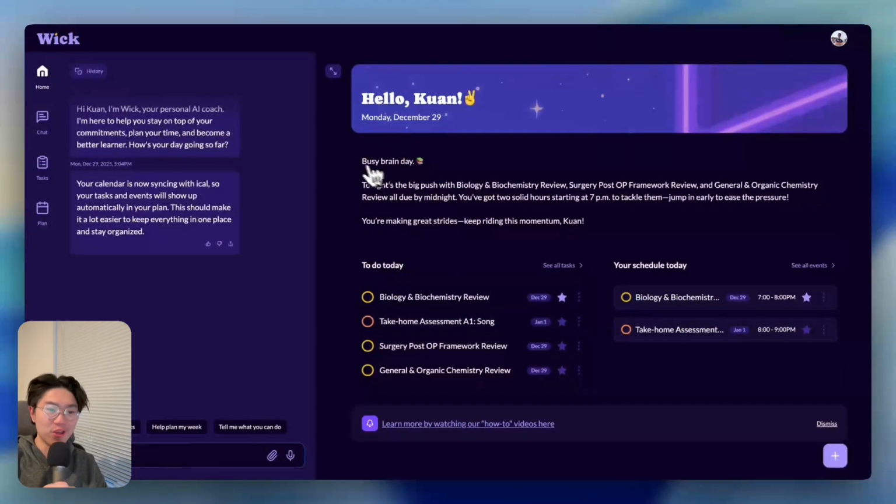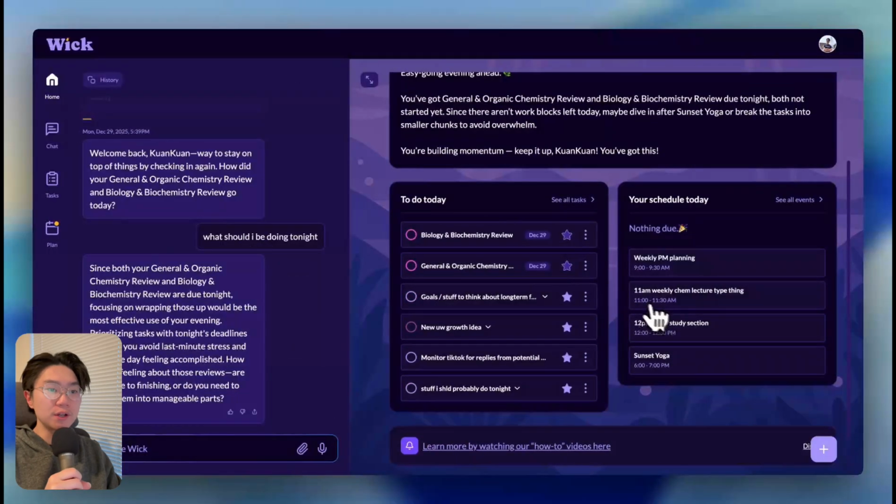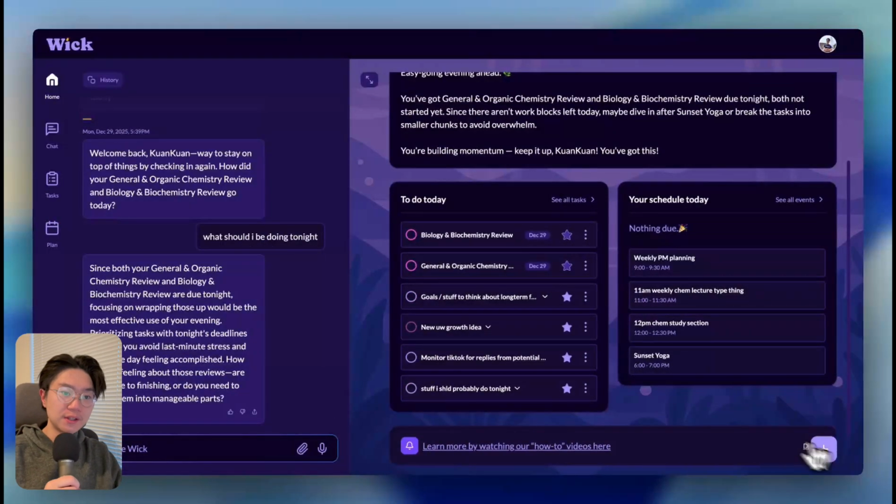And now, when I go to the Home tab, I see all of my priorities for today neatly and easily laid out for me to see, and Wick will also text me via SMS when it's time to lock in on these tasks. So yeah, if you want to see your Google Classroom tasks and events all in the same